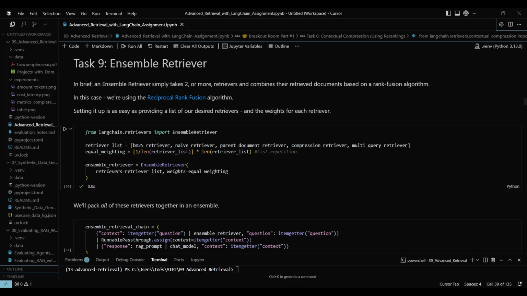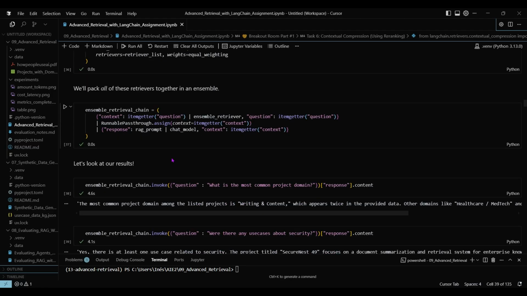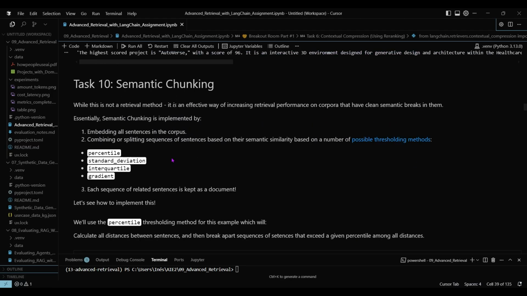and next we go with the ensemble retriever, which in this case, what it does is combine various retrievers. It's an ensemble of retrievers, and we retrieve every document and weight the responses using the reciprocal rank fusion algorithm. In this case, we will be weighting the responses with equal weight. Next, we instantiate the chain, as always, we test it, and now we go with the semantic chunking,